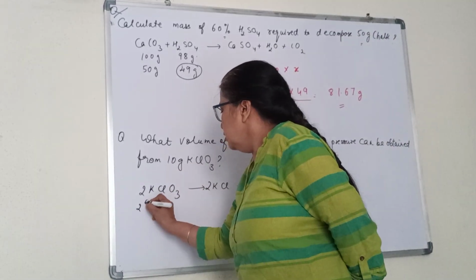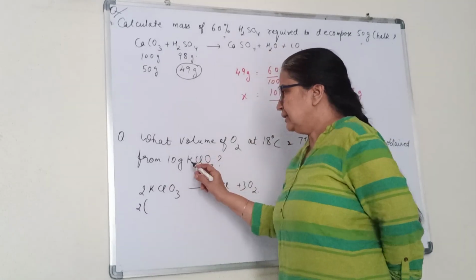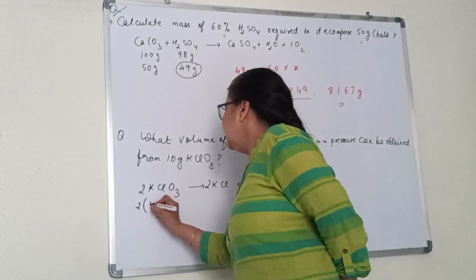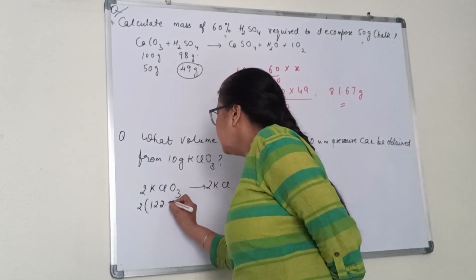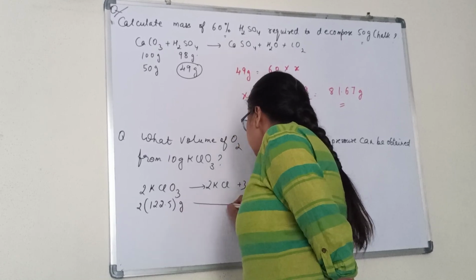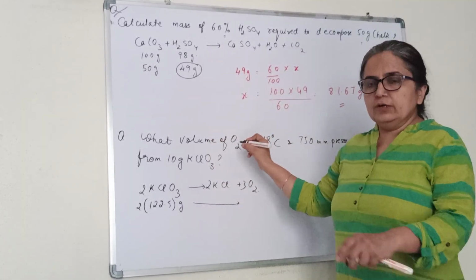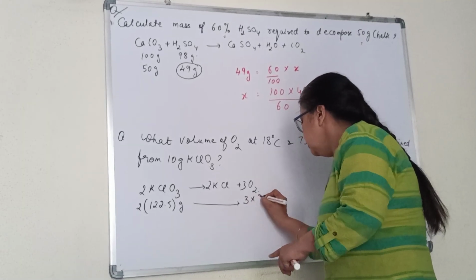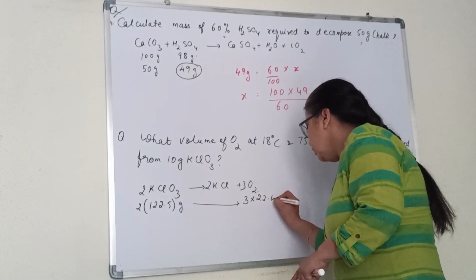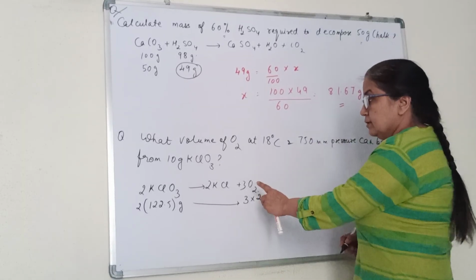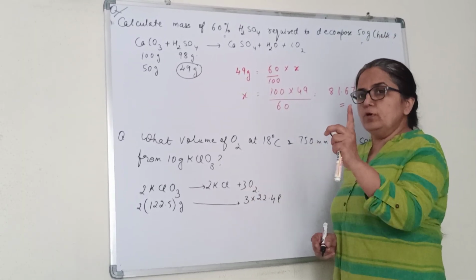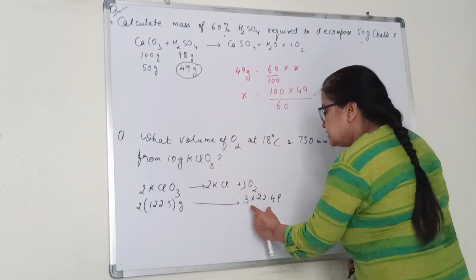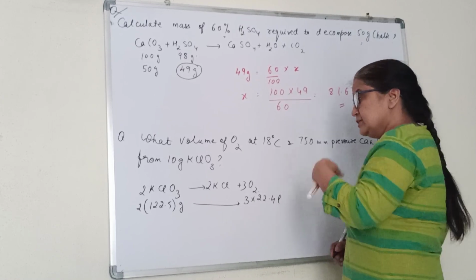Now we will see the molecular mass. This is 2 into the molecular mass. If I add up 39 plus 35.5 plus 3 into 16, I will get this as 122.5. They are talking about volume, so we will talk about volume only. How much oxygen will it give? 3 into 22.4 liters, because 3 moles is obtained and 1 mole occupies 22.4 liters. So this molecular mass, that is 245, gives 3 into 22.4 liters of oxygen.